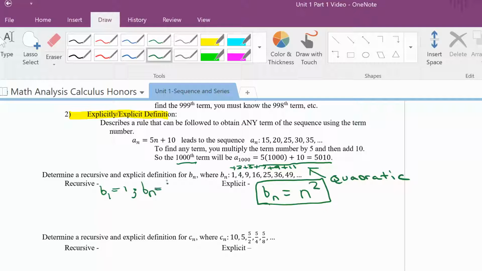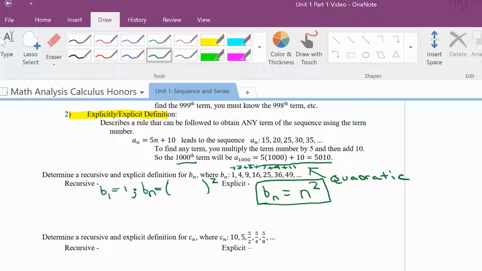And now I look at it, it's probably a quadratic. And I look at it and I go, okay, what do I have to do to the first term to get to the next one? Well, 1 squared plus 3, but if I go 2 squared plus, or 4 squared plus 3, it doesn't give me